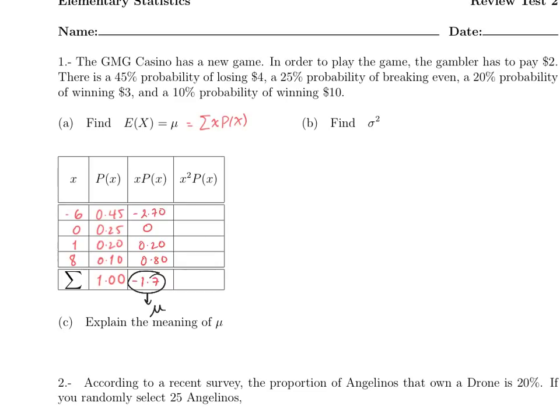Part B is asking you to find the variance. Remember, the formula for the variance is equal to the expected value of x squared minus mu squared. We already have mu. All we need to figure out is what the expected value of x squared is. That will come from whatever value you get here. How do we get this value? You have to add all of these values. How do we get any of these values? You square x, multiply times p of x. For example, here, you have to square negative 6 and multiply times 0.45,